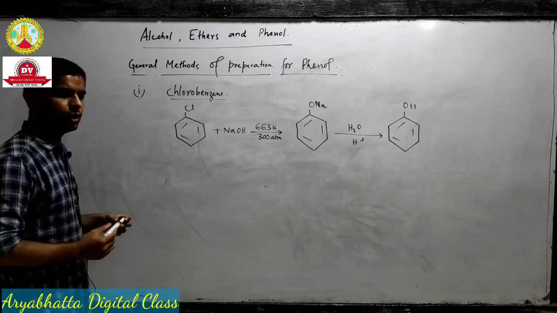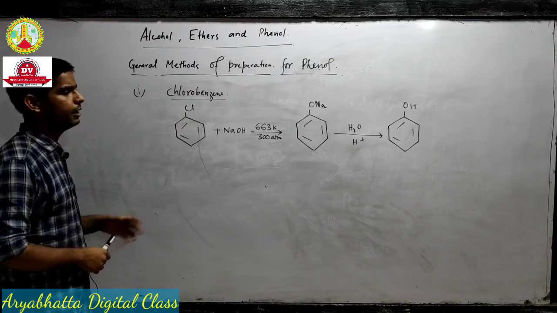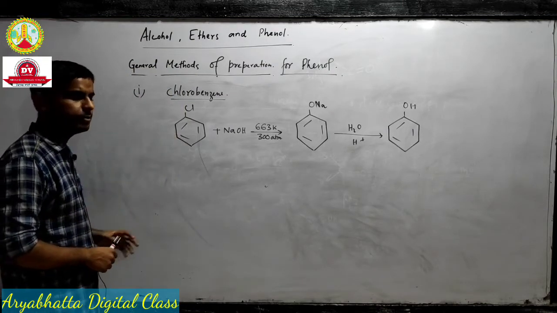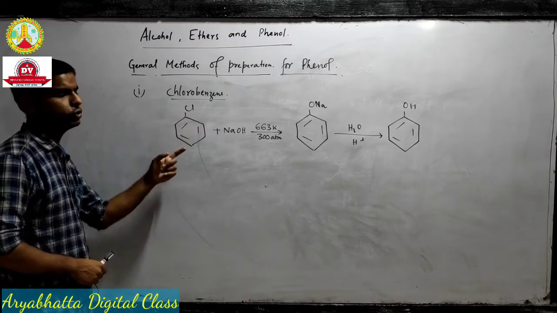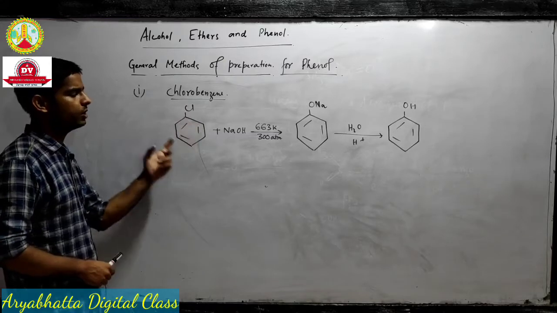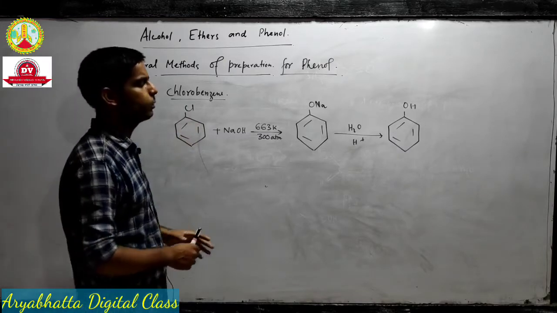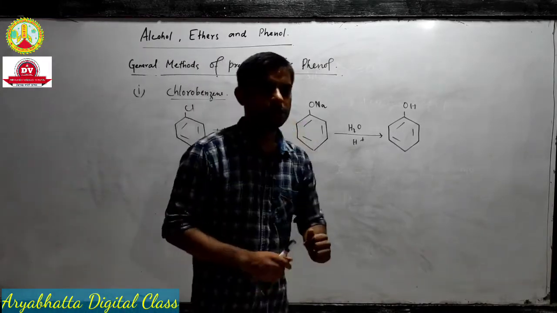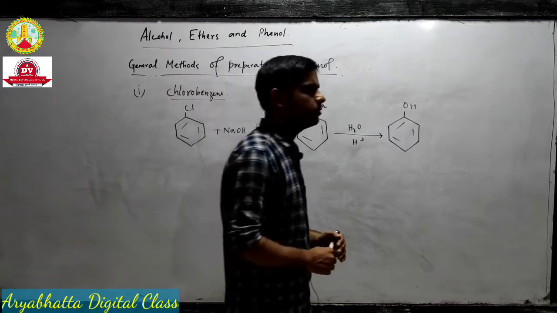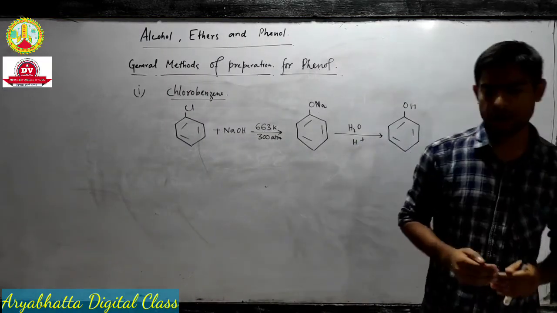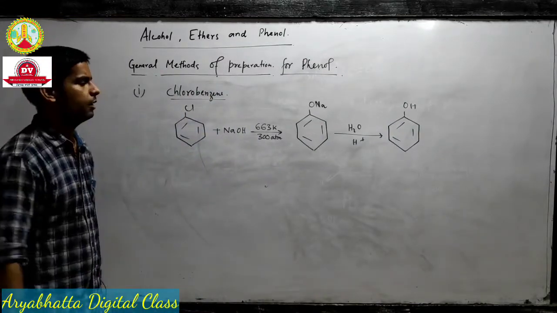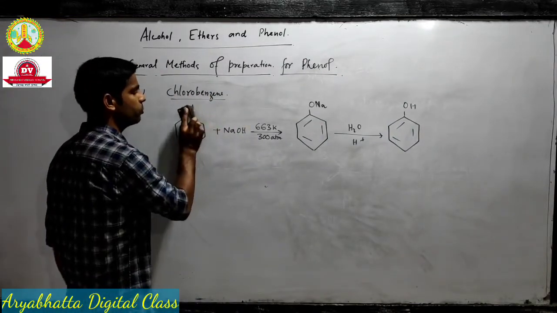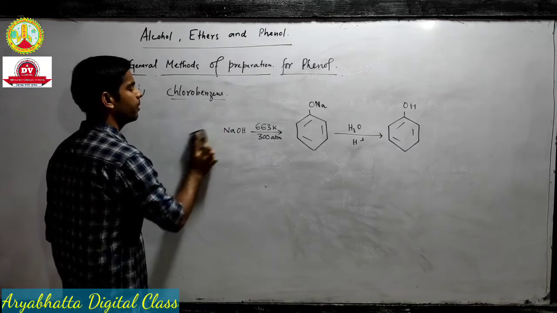Now we have already discussed in unit 10, that means the alkyl halide chapter, that if more and more nitro groups or negative I effect producing groups are substituted to the benzene ring, the substitution will be easier. If we introduce more nitro groups, it will be easier to substitute this chlorine with OH.